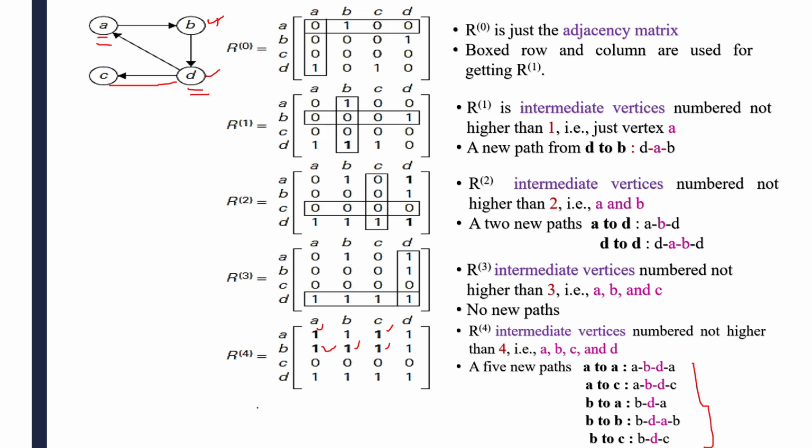Okay, so now after finding the solution, this is your final state. How many vertices are there? If there are 4 vertices, then you have to repeat this procedure for 4 iterations. Means what? On every iteration you take one more intermediate vertex and repeat the procedure. Next, second iteration 2 intermediates, third iteration 3 intermediates, and fourth iteration 4 intermediates. For 5 vertices, then 5. Like that you have to repeat, and after completion of that, R4, what is the result we will get?